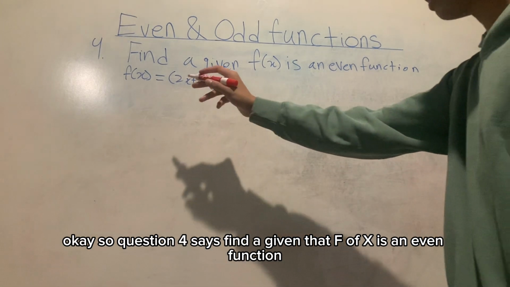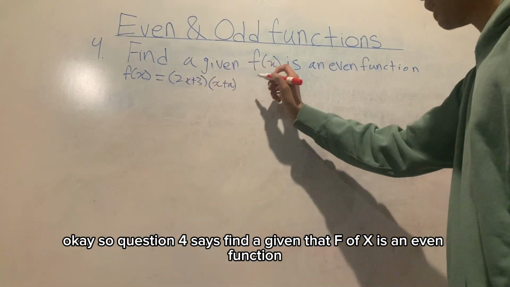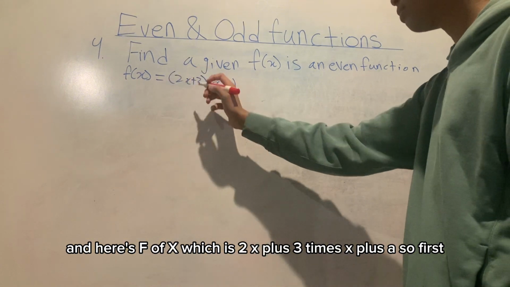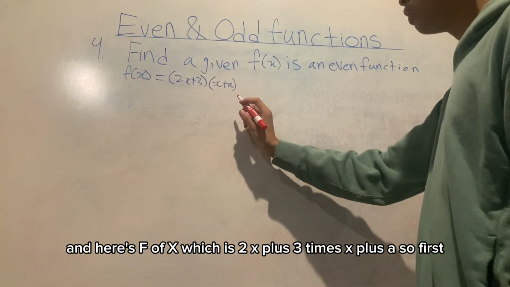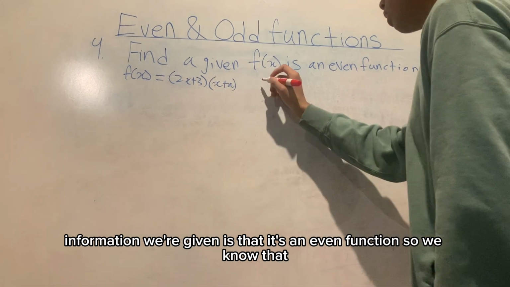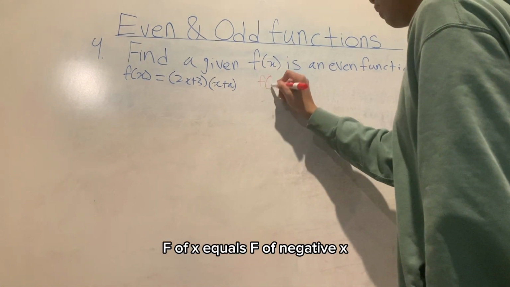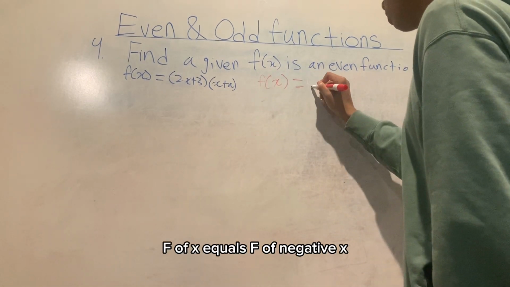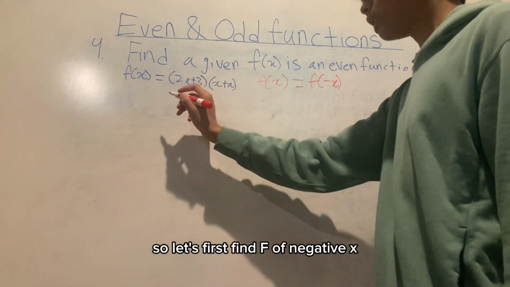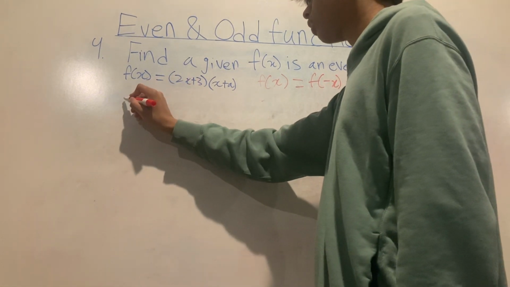Okay, so question 4 says, find a given that f of x is an even function. And here's f of x, which is 2x plus 3 times x plus a. So the first information we're given is that it's an even function. So we know that f of x equals f of negative x. So let's first find f of negative x,